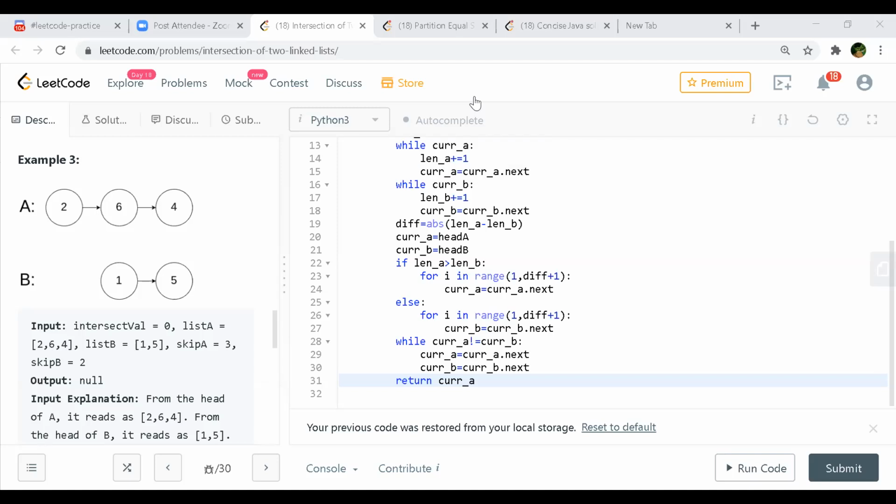So overall, order of n only. One pass will be while calculating the lengths, another while making both pointers at the same place, and the third pass will be for this. At which point, this is order of n, correct. Overall order of n in 3 passes. Absolutely, yeah. You have to do 3 passes, right?